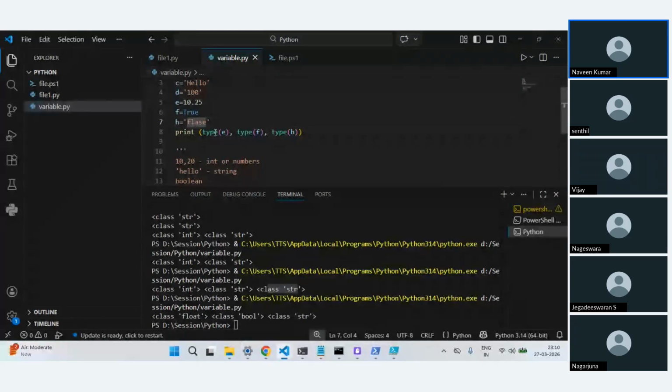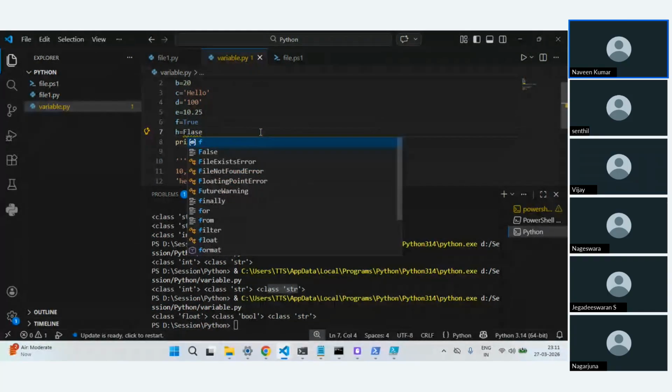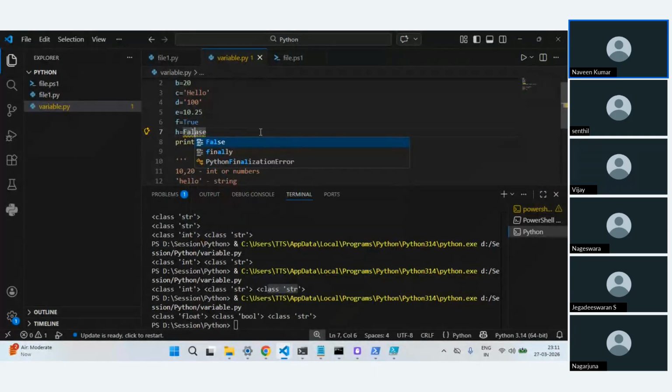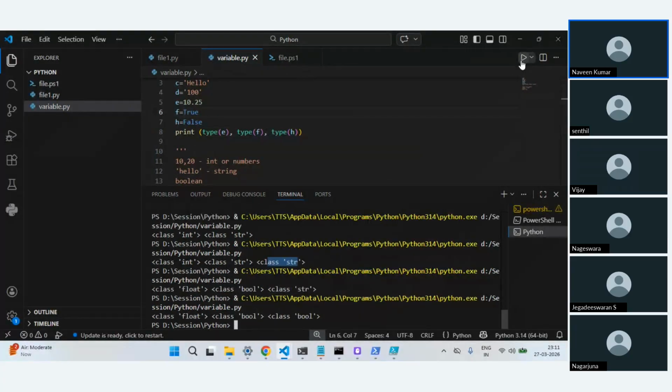But if you want a Boolean false, you remove the quotes; there is a typo. Okay, False. Now this will also be treated as a Boolean. True or false, these are the common data types which you use. Still there are others, but these are very common.